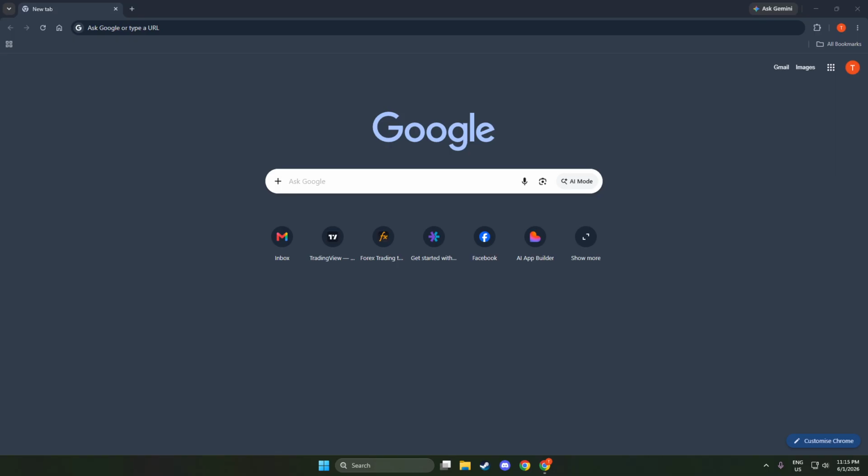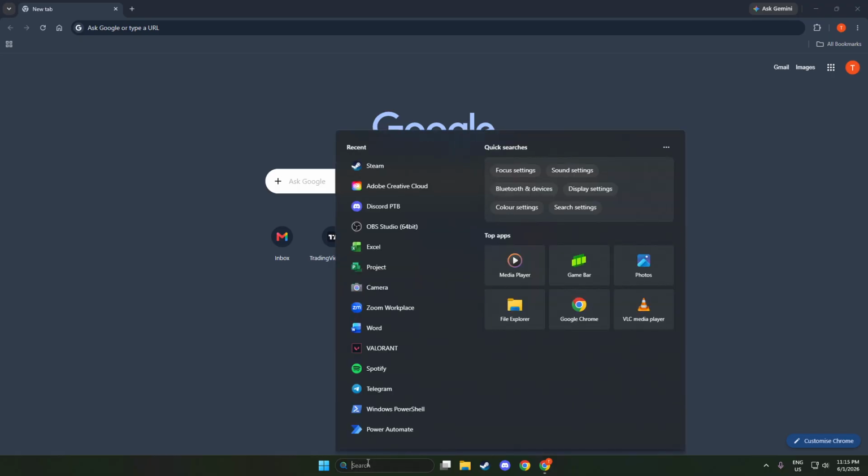The first thing you want to do is start Word in safe mode. This is important because safe mode launches Word with minimal settings and without the usual add-ins running in the background. That makes it a very useful way to check whether the crashing problem is being caused by one of those extras rather than by Word itself.